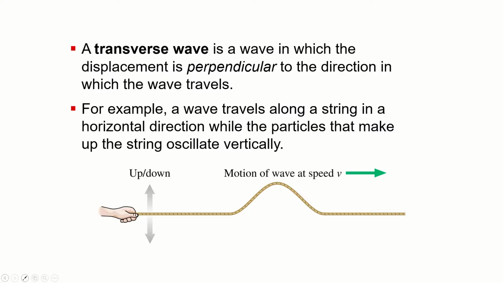Now, we can categorize waves into essentially two types. The first is a transverse wave, like the water wave we just looked at. A transverse wave is when the displacement or disturbance of the medium is perpendicular to the direction in which the wave travels. The most obvious standard example is if you were to grab a string or a rope and give it a little flick, you would disturb that rope, the medium, up or down, but that disturbance, that wave, would travel along the rope. So you have a disturbance up and down, and the wave traveling left to right. Those are perpendicular, and we would call that a transverse wave.